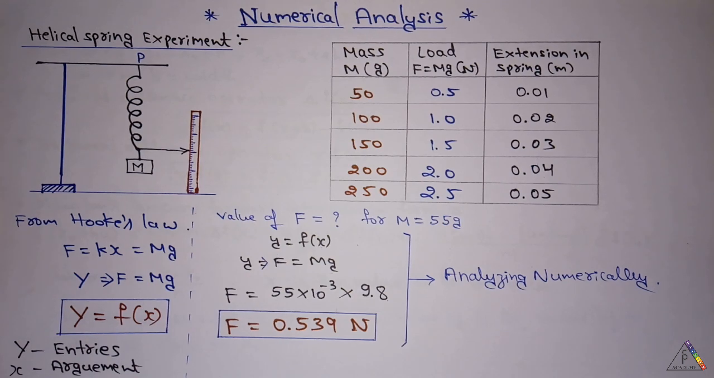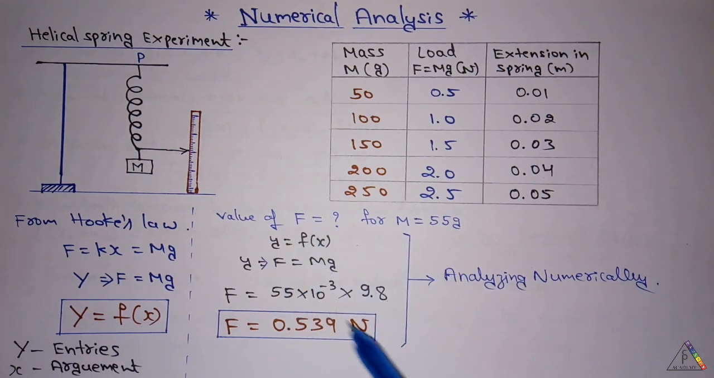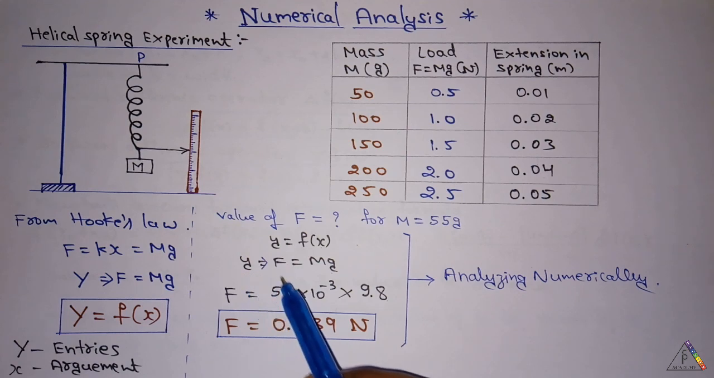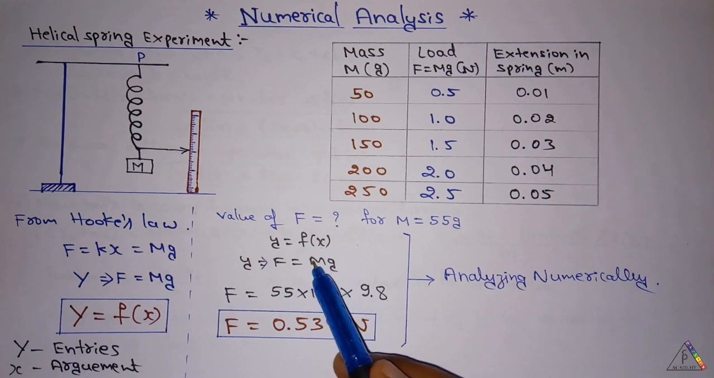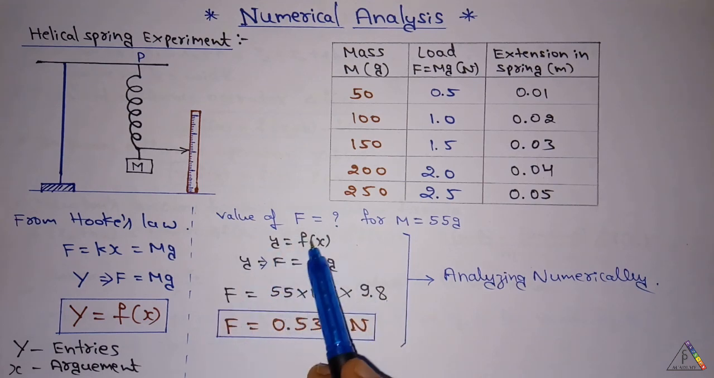So rather than finding it experimentally, we will find the value of F for the value of m by a numerical method. A numerical method will define the function y equals f of x. Here this y will be equal to F, that is equal to mg, and by substituting the value of m and the value of g, we will get the value of F as 0.539 Newton. This is the way of analyzing the value of y for the value of x